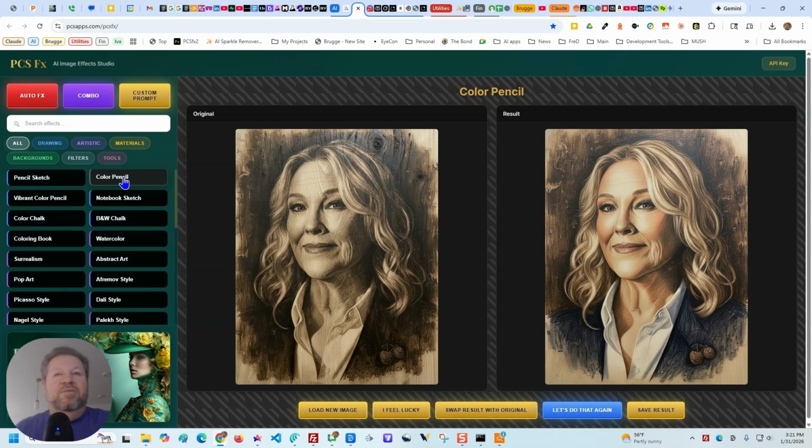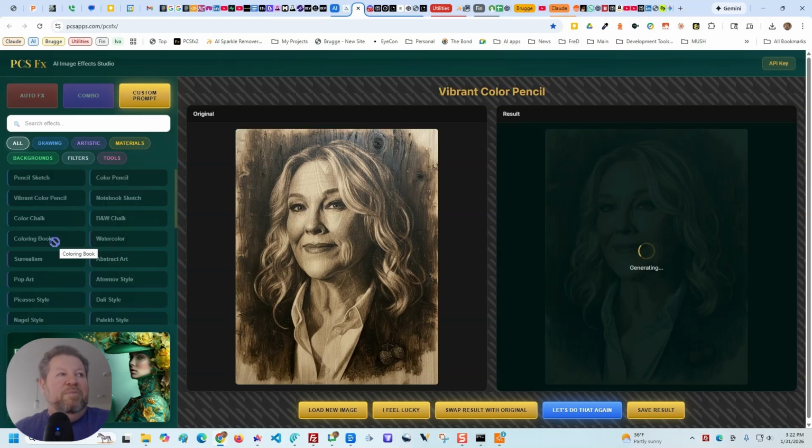I use color pencil all the time for creating gifts for people. You print it out in a big format, for example, or even 8 by 10, drop it into some kind of frame, and it's a beautiful gift. Very nice. Kids, animals, people, business stuff. I mean, all of this you can use. Vibrant color pencil